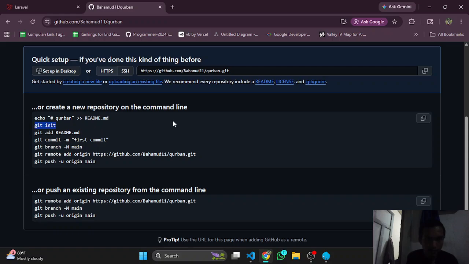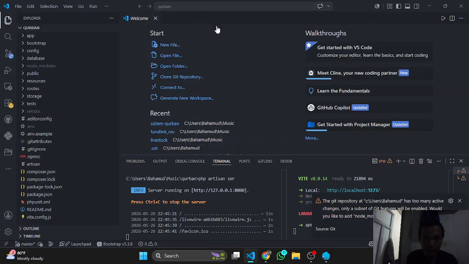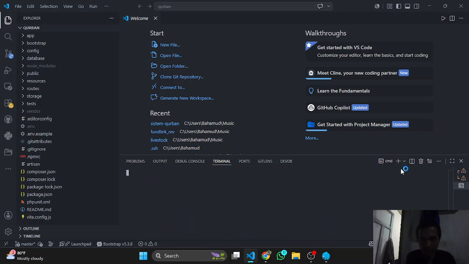The first thing you must do is run git init in the terminal in your local project. While the server and the front end are running, let's create a new terminal here.